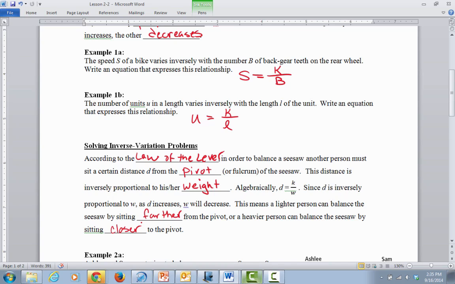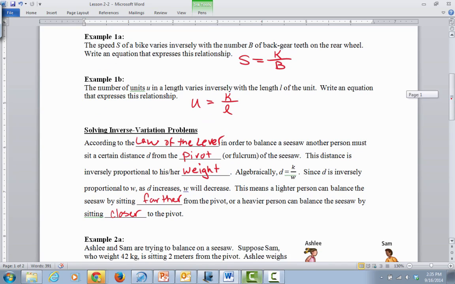How many of you guys have been on a seesaw before? Okay, because they're dangerous now. They're not even on playgrounds anymore, which is a bummer because I think they're a great learning tool. I just remember when I was a child and sitting with my dad, and of course he was way heavier than me, and I figured that out. I'd tell him to move closer, and then I could sit on the very end and keep him up in the air. I thought I was so cool. So anyway,